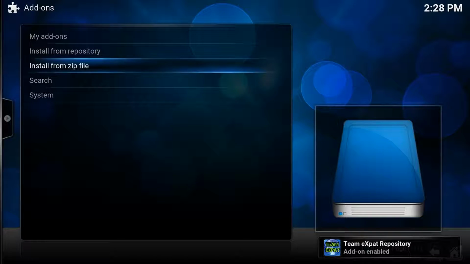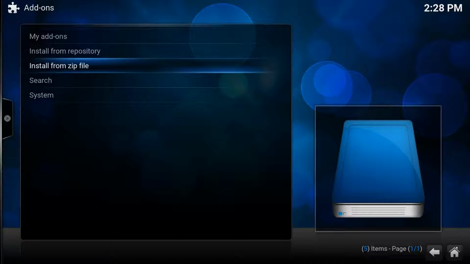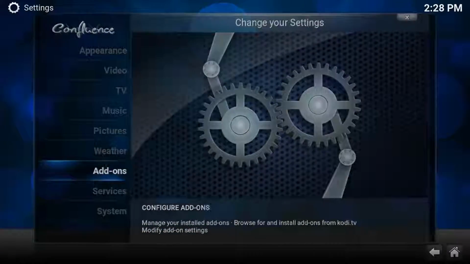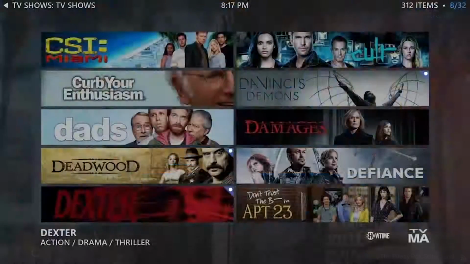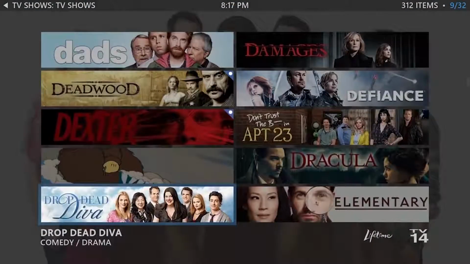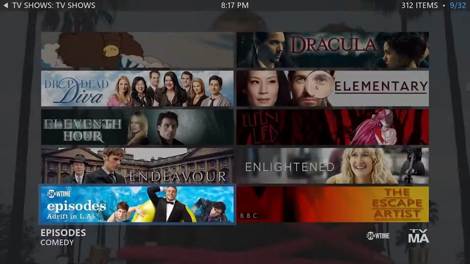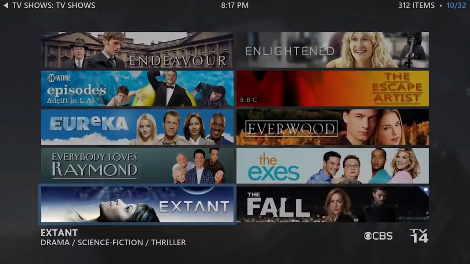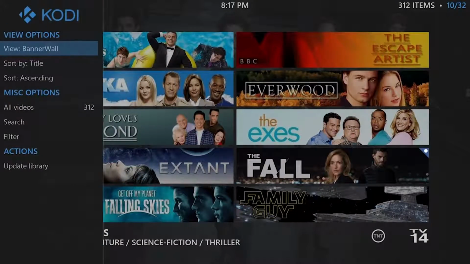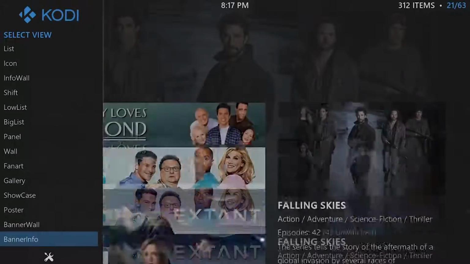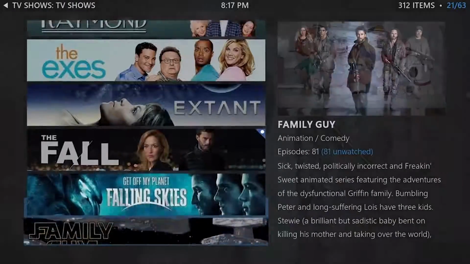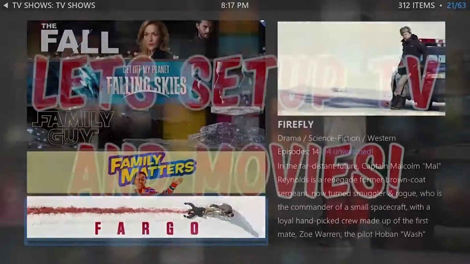Okay, so that is how you set up the repositories. We now have given KODI access to all those various places, kind of like giving it access to loads of app stores. And now I'm going to show you how to install an app. In fact, I'm going to show you how to install a very good app because this is probably the latest one that's out there. So here we go.